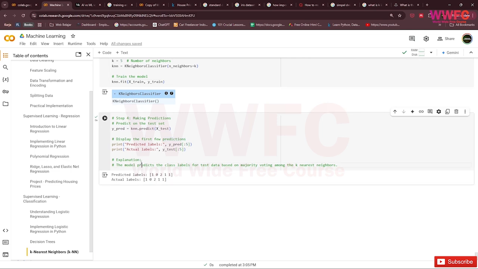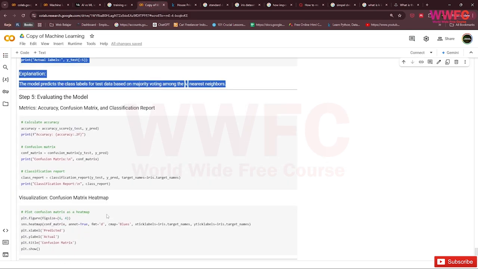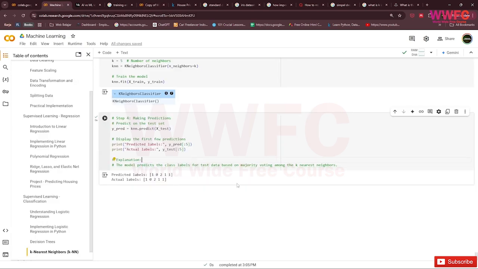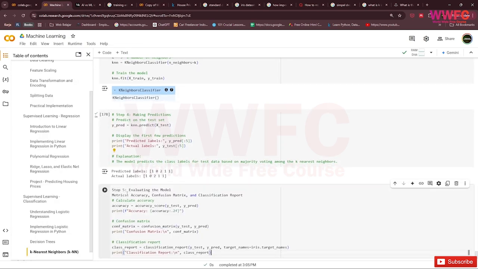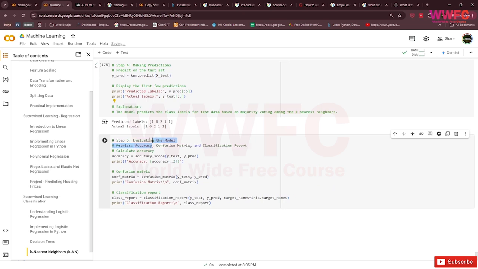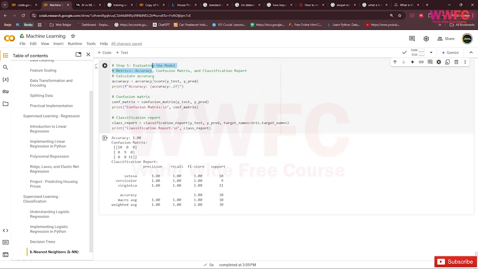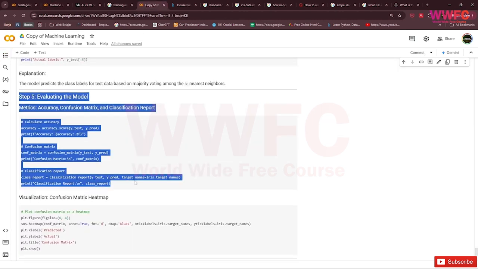Okay, and then next we go to evaluating the model. We evaluate the model like this, like usual. We generate the accuracy metric. This is also 100% accuracy using the KNN model, right? So it's really the same as before. The confusion matrix, the classification report for Setosa, Versicolor, and Virginica.